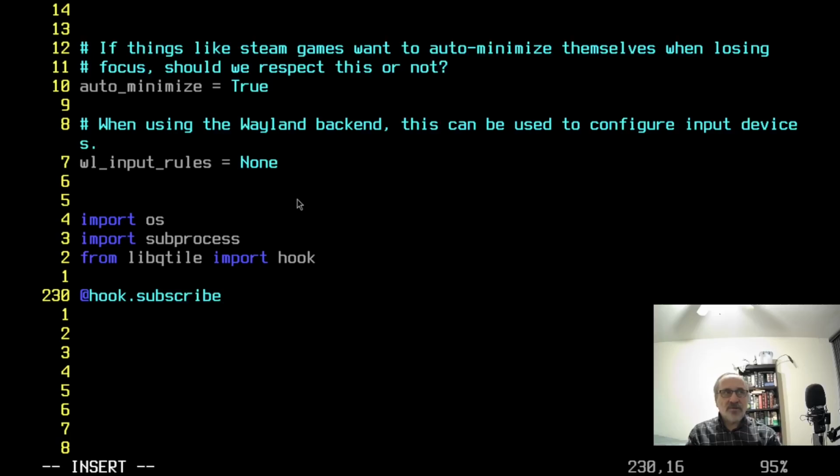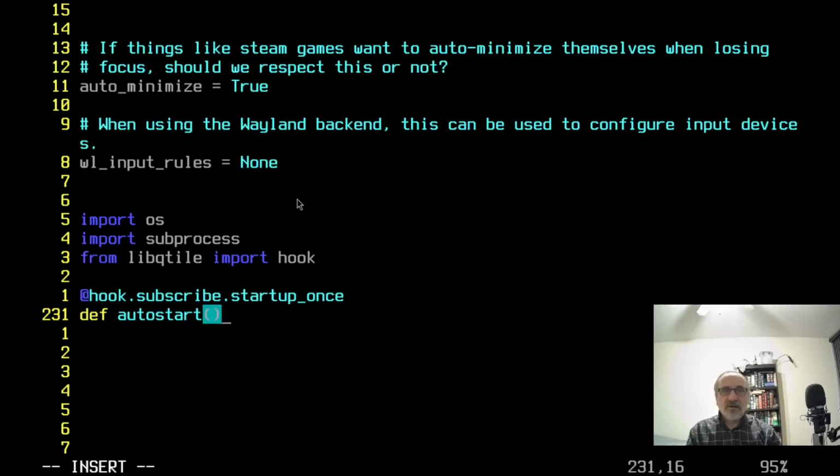I need to know how to spell. Startup underscore, I should say. Leave a space. Def space autostart